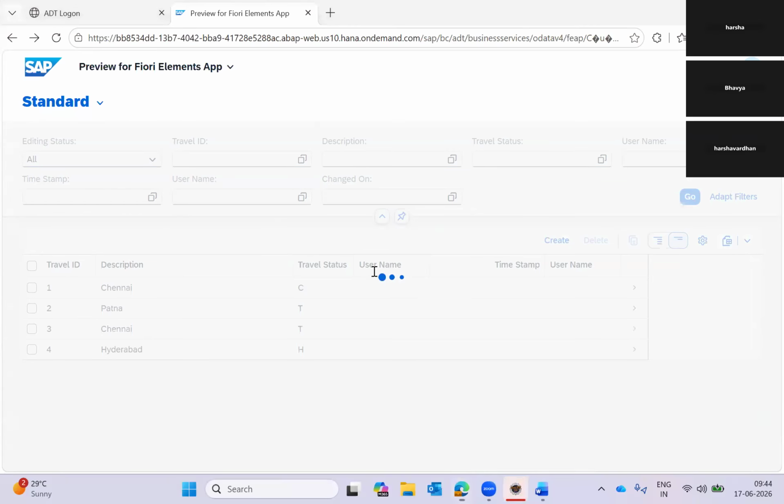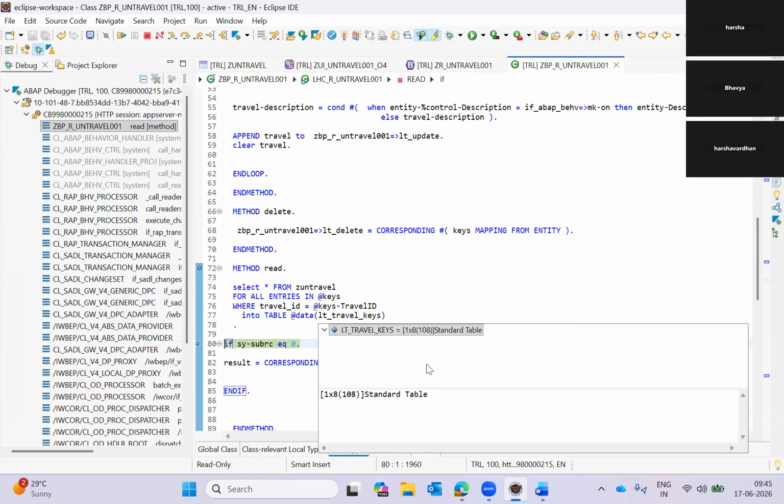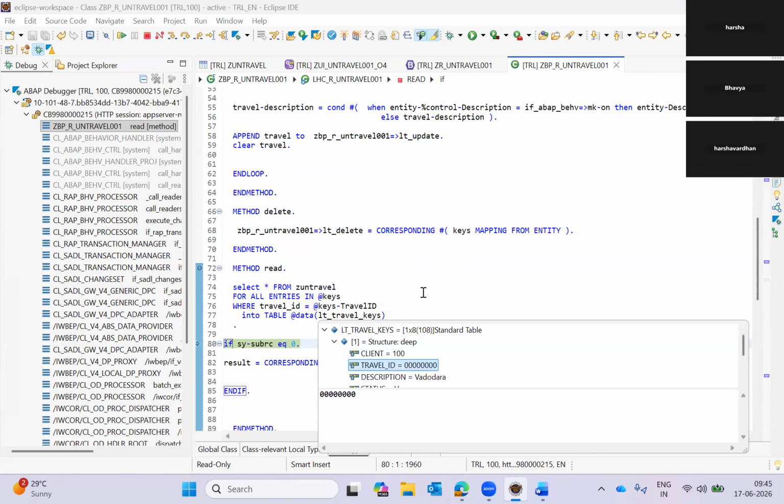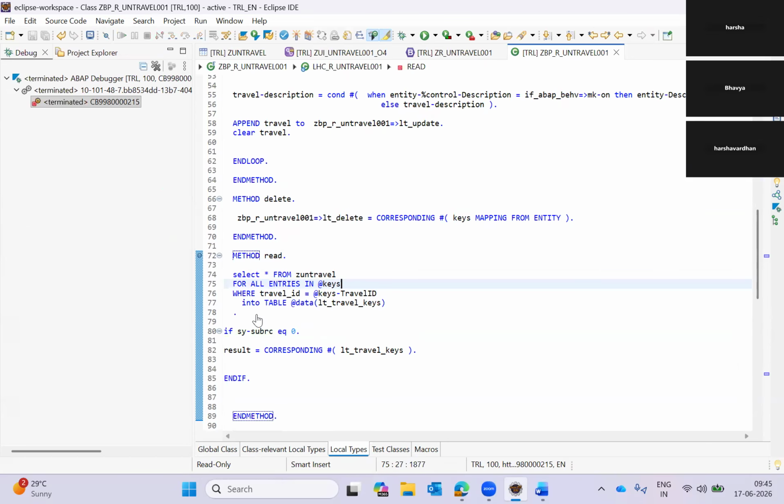You can see now directly read phase is called, read method is called. Whatever the record you are trying to delete, firstly it reads those, then it goes for the handler. Okay, because we don't have a breakpoint. So you can see in the F6, in the LT travel keys, which you are trying to delete. See now one record, which is travel ID 0, we are deleting. Okay, then it directly comes into,